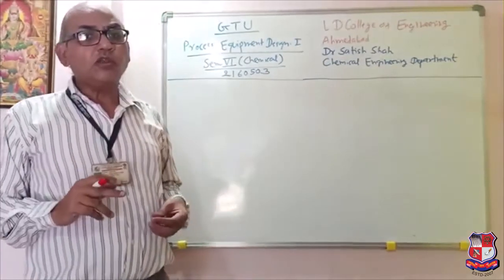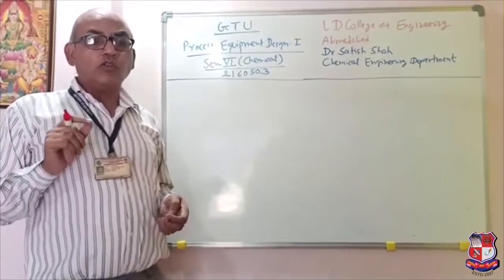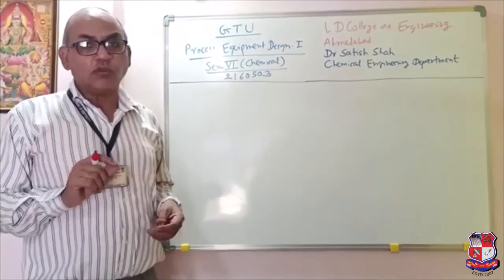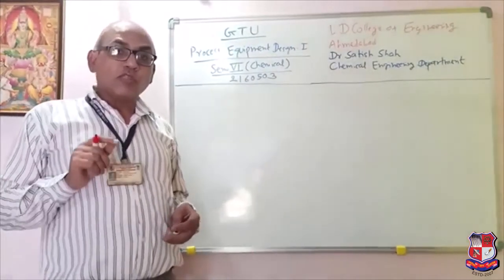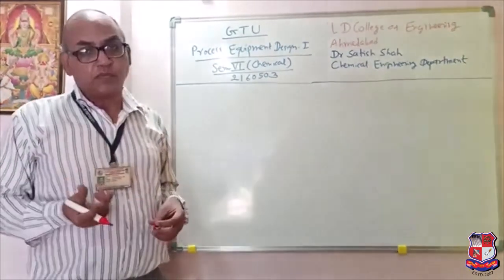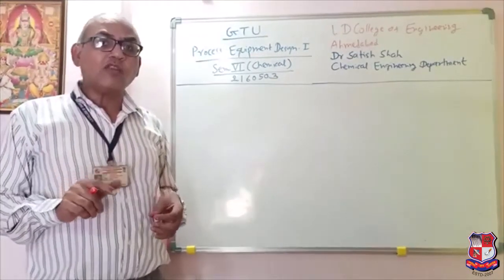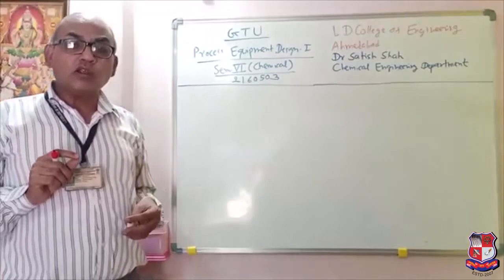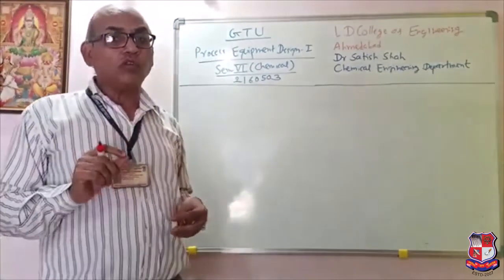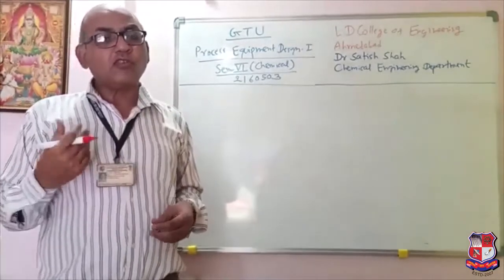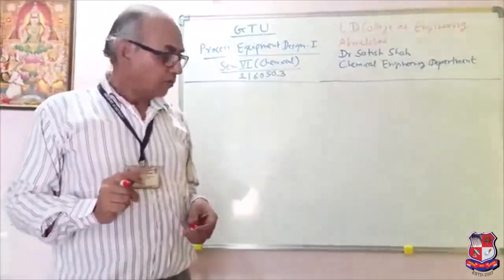And one more thing, we have the appendix available for the tube data and pipe data. You should refer to that also, because the shell we prepare from the pipe and the tube we get from the tube. So both these tables are very important. How to take the gauge of the tube, what is the effect of the gauge and everything, you have to read from the book, and then next time when I take the example, it will be clear to you. Thanks a lot. Thank you very much.